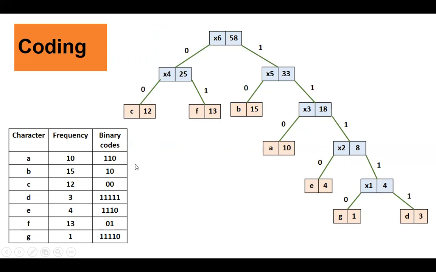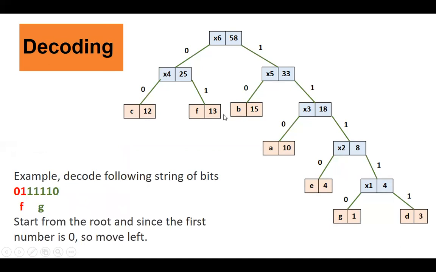Is it fine? So this is the coding of characters using your Huffman tree. Using the Huffman tree, these are the Huffman codes generated for these characters, right? And the size of the Huffman code depends on the frequency of the characters, how many times it appears in the file. Now, after doing coding, let us decode it. Suppose the code is given, we should be able to convert it back into the characters. So again, we'll be using the same tree here. Suppose this is the code which is given and you need to decode it into characters.